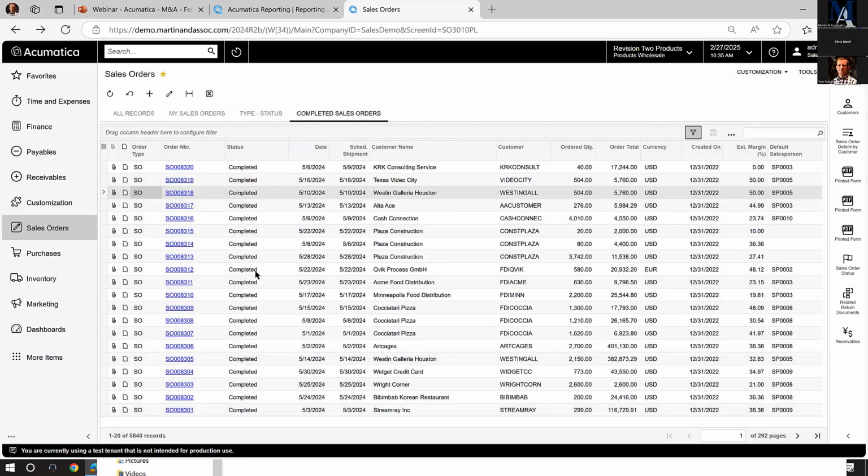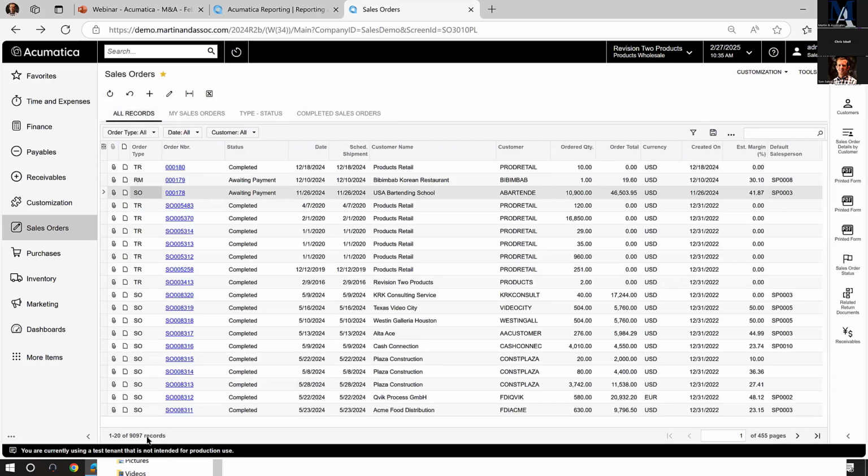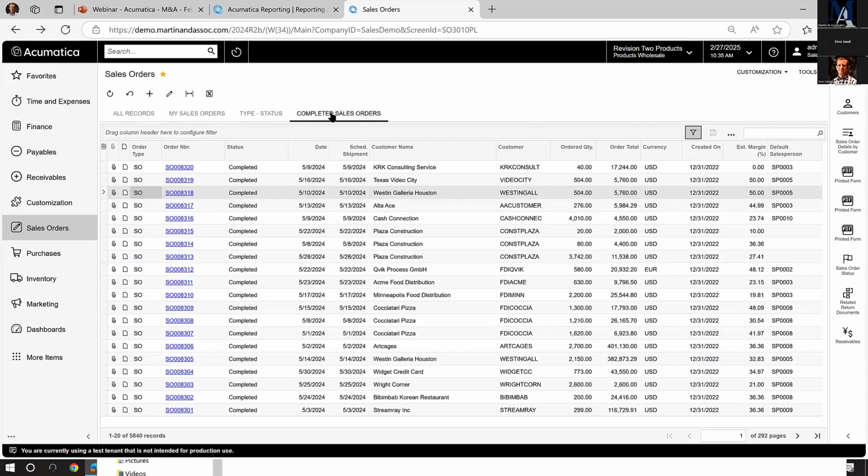All right, so I have gone from 9,000 records down to filtering just for completed orders of type SO is 5,800 of them. And that's a kind of a permanent or semi-permanent filter. If you don't like a filter, right underneath the ellipsis right here is the remove, make it go bye-bye. And you have to rebuild it. Okay. Up next would be